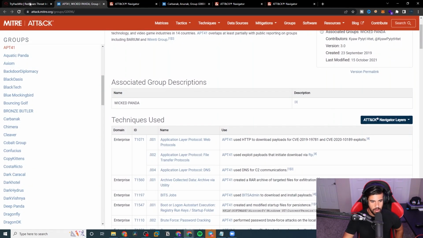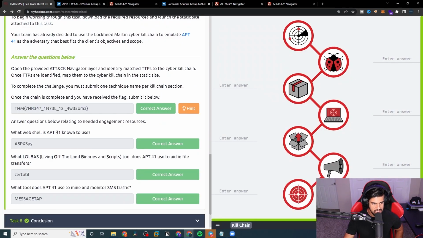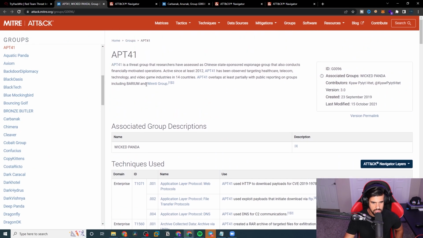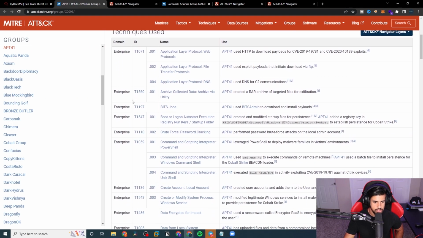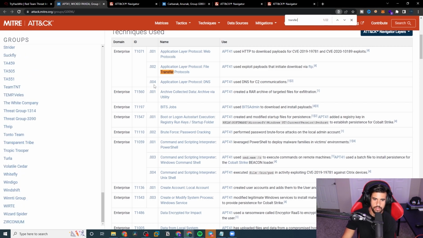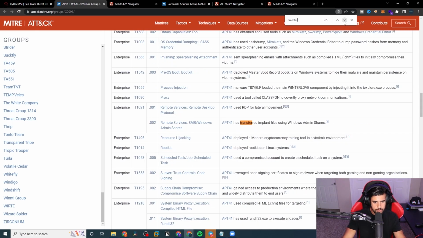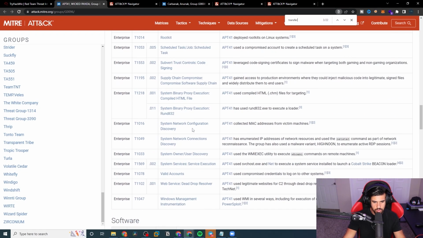And from there, a few other questions it's asking us is, what web shell are they using, and what LOLBAS techniques are they using for file transfer? What are they using to mine and monitor SMS traffic? All this is very easily found on this page here under this APT. So for example, let's just look for a transfer. In order to do these file transfers, they are using certutil, which we can see just scrolling through here,